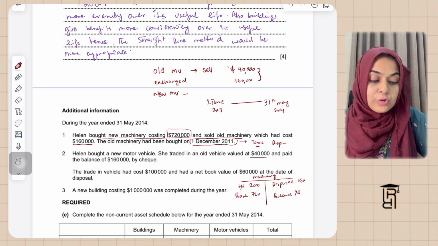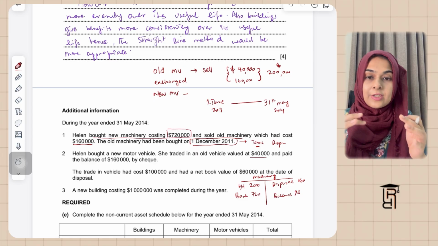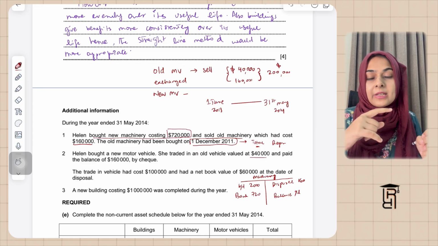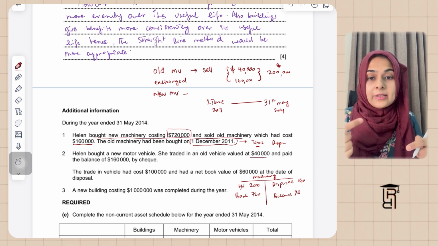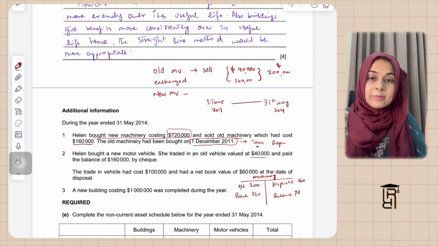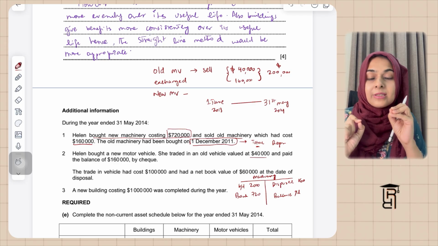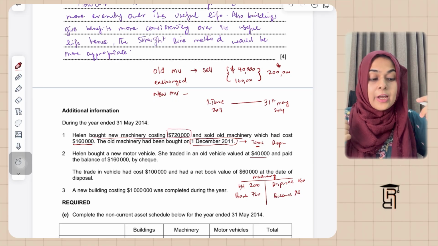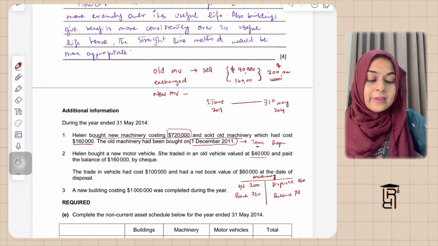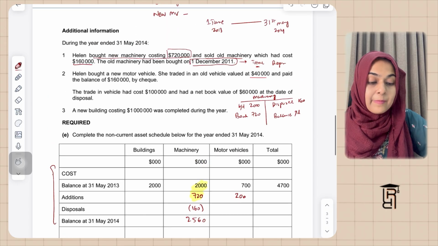तो इसका मतलब न्यू मोटर व्हीकल जो वो खरीद रही है उसकी कॉस्ट 200,000 है। उसने नई मोटर व्हीकल $200,000 की खरीदी है। बेसिकली एक्सचेंज ट्रेड इन में ये होता है कि हम जो पुराना बेच रहे होते हैं उसके लिए पैसे नहीं लेते, हम उसके बदले नया नॉन करंट एसेट ले लेते हैं, तो जो पुराना बेच रहे होते हैं वो ऑब्वियसली कम प्राइस में सेल होगा, राइट। तो इस केस में वो 40,000 का सेल हो रहा है क्योंकि उन्होंने हमें वैल्यू अलाउंस की दी है 40,000, और फिर हेलन ने ऊपर 160,000 और पे कर दिए। तो इसका मतलब जो नई मोटर व्हीकल थी उसकी कॉस्ट थी 200,000, तो एडिशंस में मुझे 200 लिखना पड़ेगा, ठीक है।